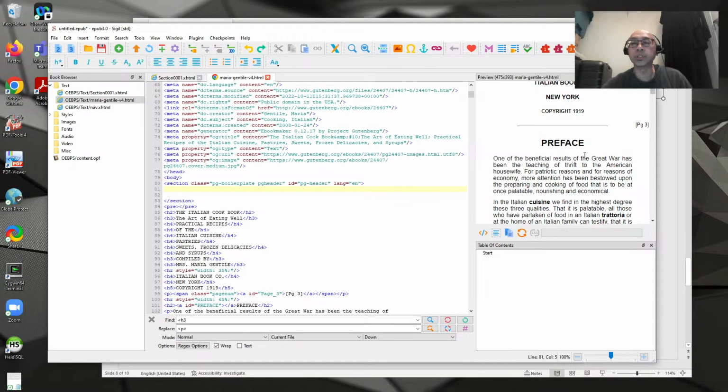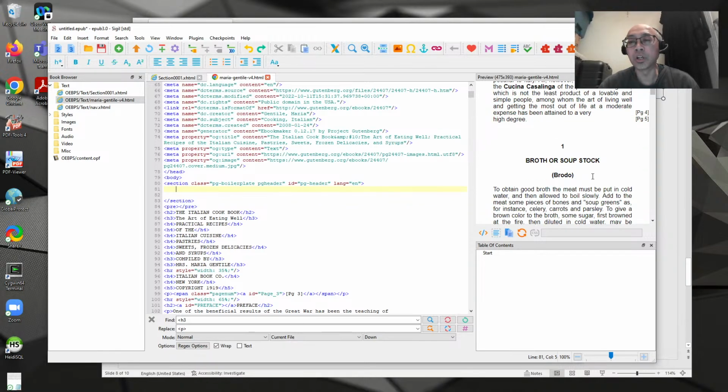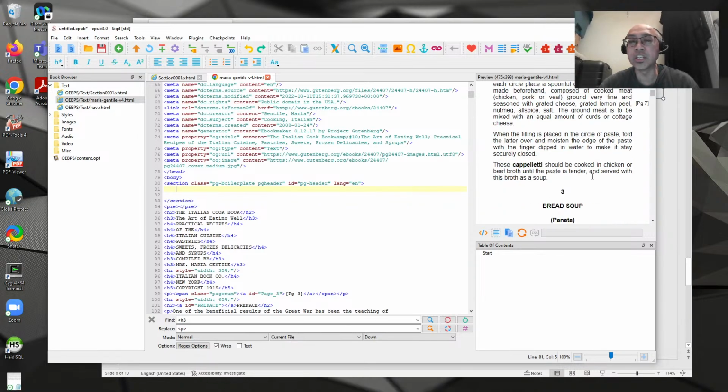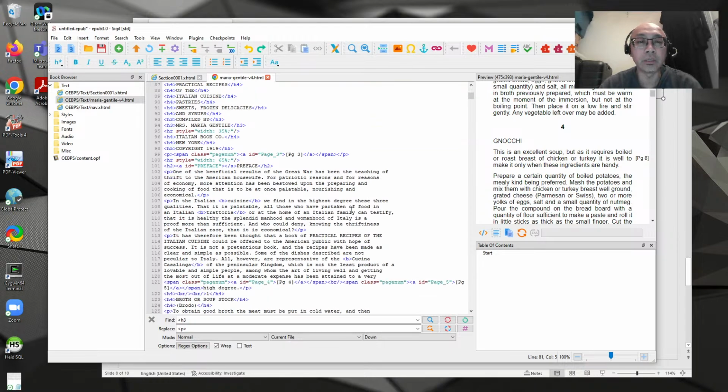So now the book starts with this. One of the considerations with making an ePub is you probably don't want your entire book in a single HTML file. Any website that has a lot of pages will be split up into multiple files, and there's an easy way to split up a file in